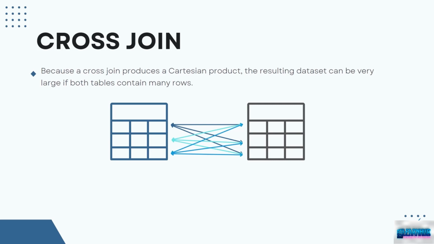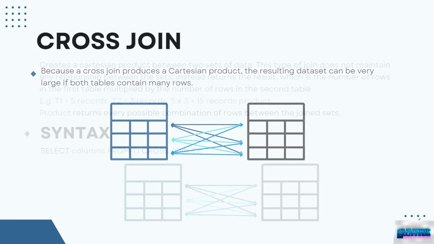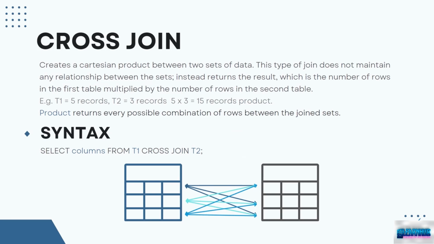So, if you have 5 records on the first table and 3 records on the second table, the generated output or product would be 15 records. It is called a product because it returns every possible combination of rows between the joined sets. The following shows the syntax of a cross join. SELECT columns FROM T1 CROSS JOIN T2;